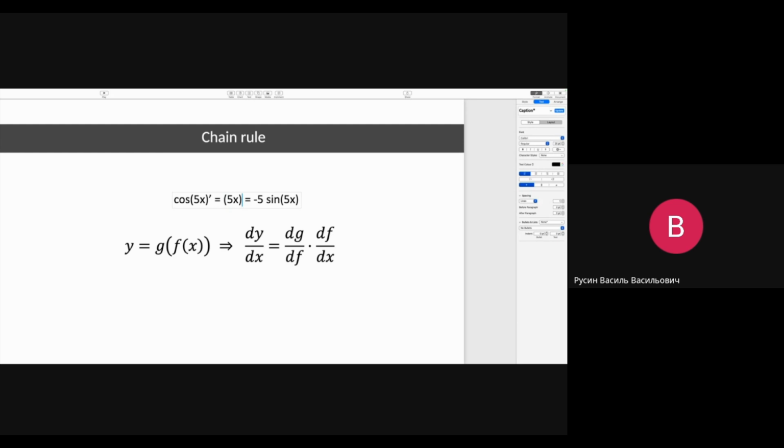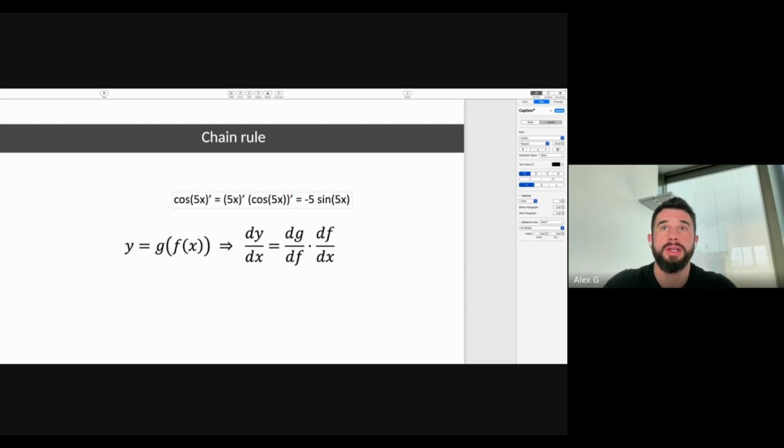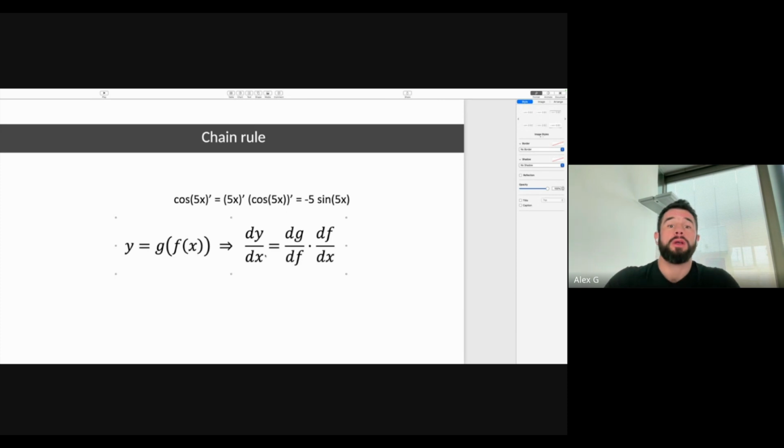First I took the derivative of the internal function, that is 5x, and I multiplied that by the derivative of the external function, cosine of 5x. Correct. Cosine will be minus sine, and the 5x derivative will be 5. Okay? And this is what is written here. Not more, not less. Why do you need it? You need it because